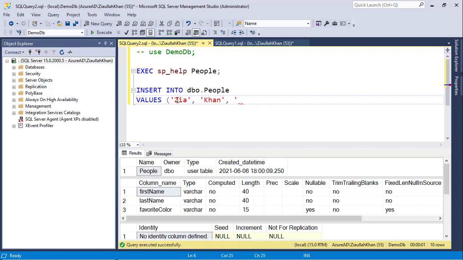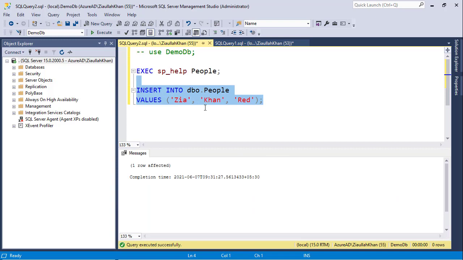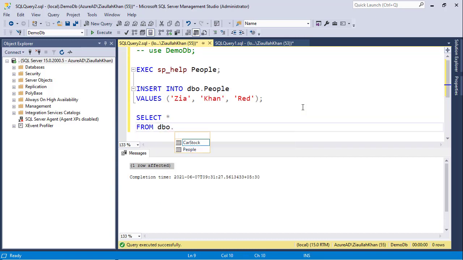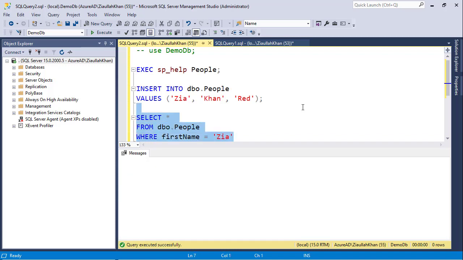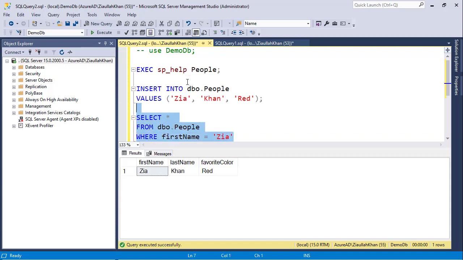And my favorite color is red, for example. I'm going to execute this query and notice that there is one row affected. Now if I come back and do select star from dbo.people where first name equals Zia,